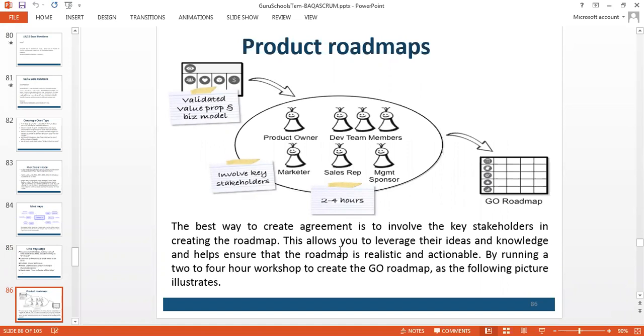Now we've seen the product owner is the person who leads the product, who has the vision and thought process of the product, and normally works closely with development team members, the marketer, the regional sales representative, the management sponsor who is sponsoring this project, and all those people. The product owner works with these people and tries to create an agreement, to unify the thought process of these stakeholders so that we are on the same path.